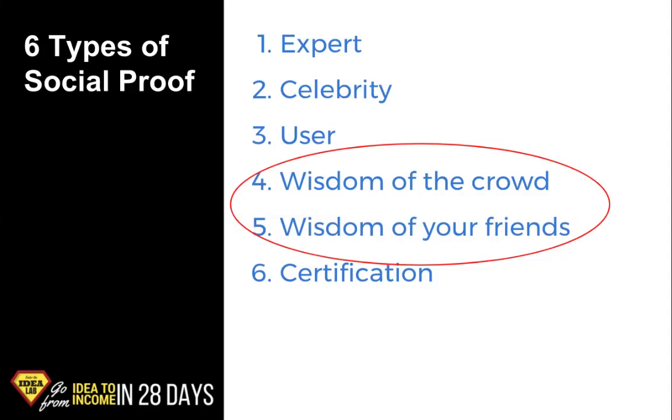The second one, wisdom of your friends: we are going to be retargeting people who have liked our Facebook page, but we're not going to retarget them. We're going to retarget their friends. We're going to send the same ad to the friends of people who've already liked our page, because when a new person comes on your page, they get a little symbol right by the like as to who in their friends circle has liked this page as well. And when they see some familiar faces popping up there, they are motivated to like your page too, okay?